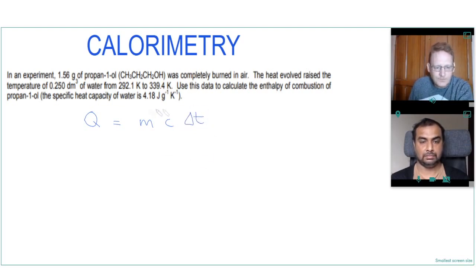And M will stand for mass, C for specific heat capacity, and delta T, the change in temperature,